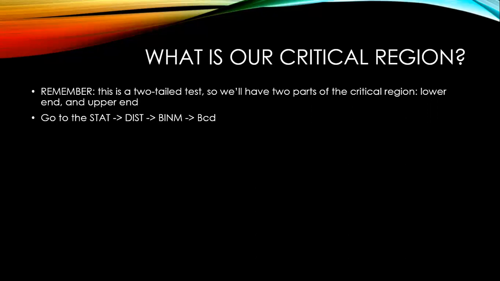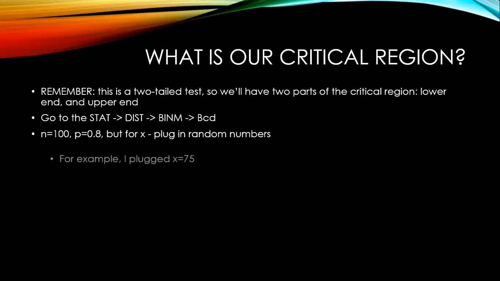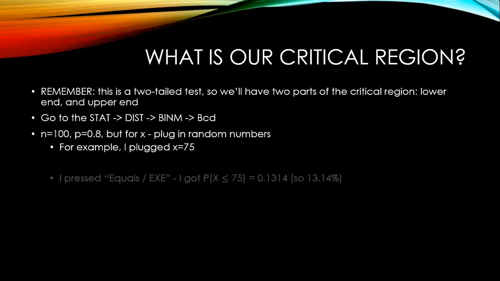To calculate our critical region, we're going to use our calculator. We want to go to our stat menu, to the distribution section, and pick the binomial distribution and binomial CD. So again, we're accumulating probabilities, looking at different regions of our distribution. We're going to have n as 100, P as 0.8, because we're assuming H0, our null hypothesis. And for X, we're going to plug in random numbers. For example, when I did the presentation, I plugged in 75. If you plug in 75, you get